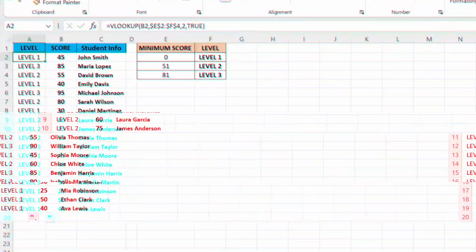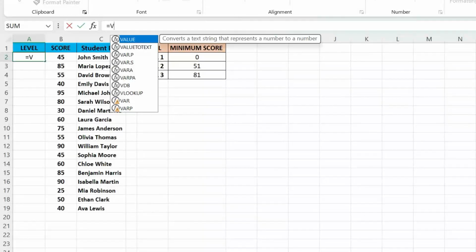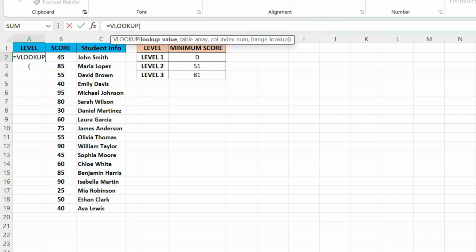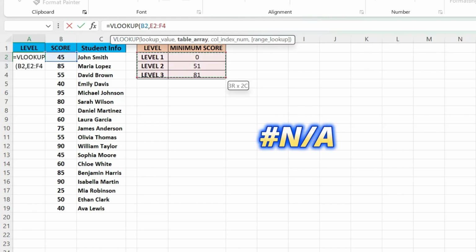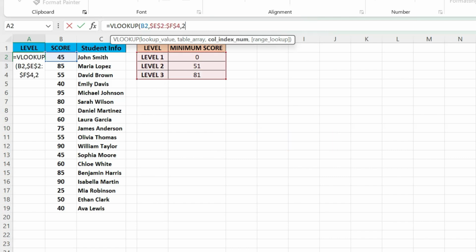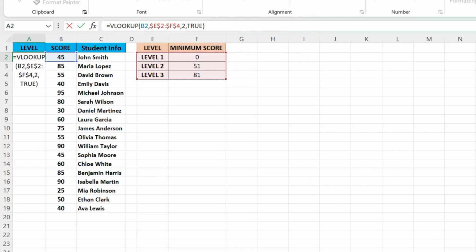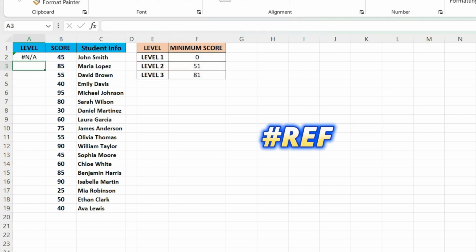Of course, sometimes things don't go smoothly, and you will run into errors. One of the most common errors is #N/A. This means that Excel could not find the value you were looking for. The cause might be that the value doesn't exist in the table, or it might be a formatting problem, like a number stored as text or an extra space at the end of a word. Another error you might see is #REF, which happens when the column index number is larger than the number of